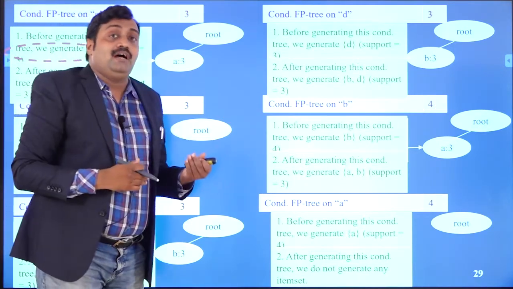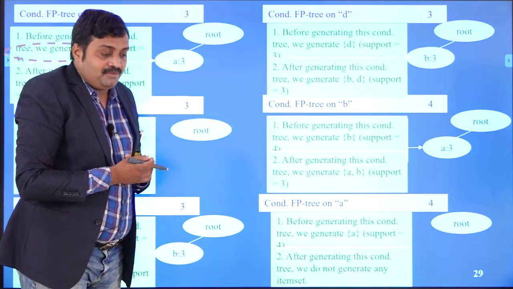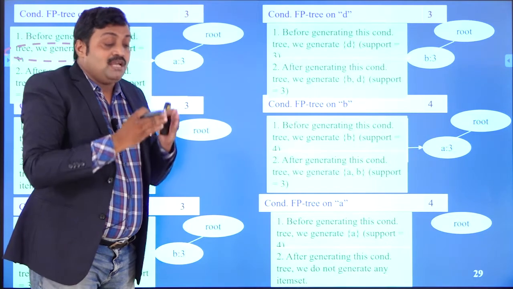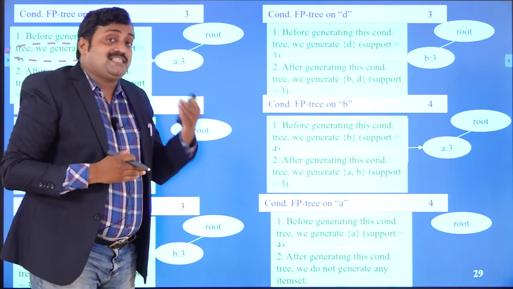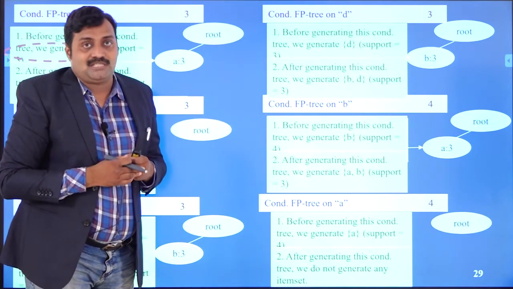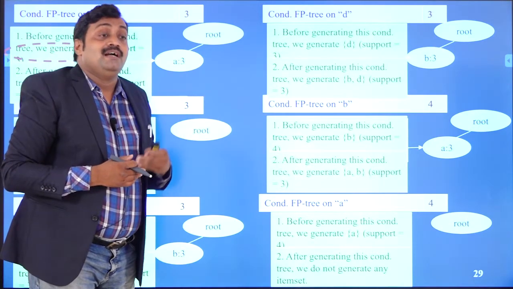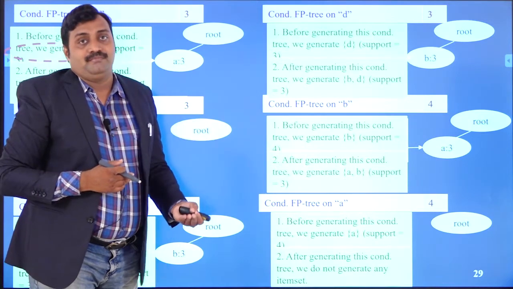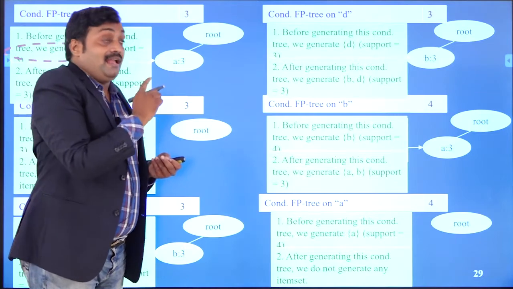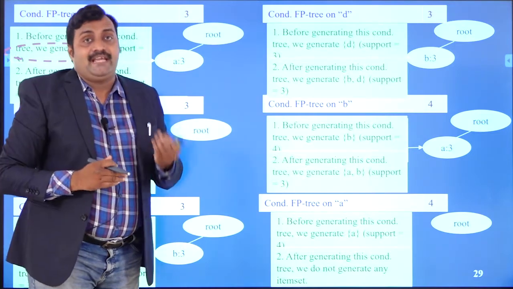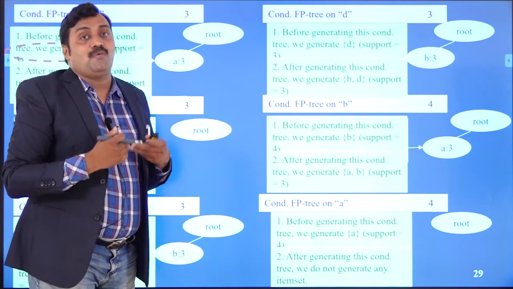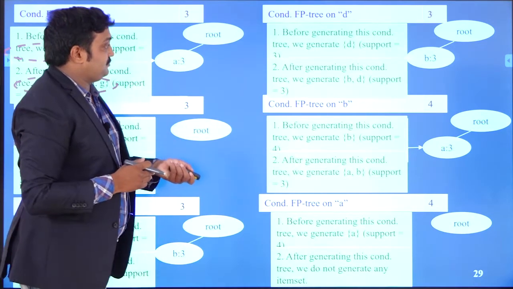What is the advantage of the FP tree algorithm? In case of the Apriori algorithm, we are doing a lot of scannings. But here we are going to do tree traversals. So we are going to reduce the scan time compared to the Apriori algorithm. In Apriori, we have to do the scanning and generate the candidate keys. In this case, we are not generating the candidate keys. We are only doing the tree traversal. So minimizing the time complexity. That is the advantage.